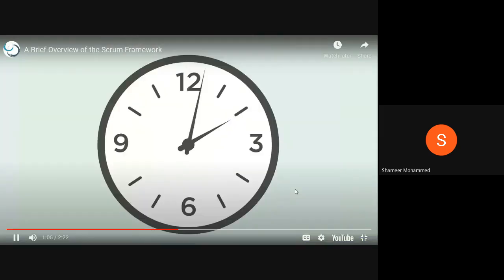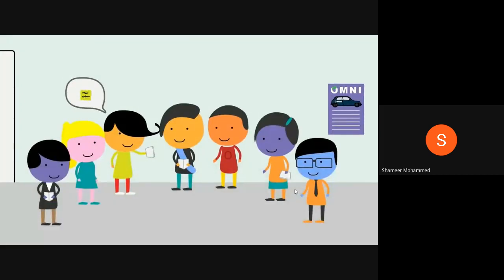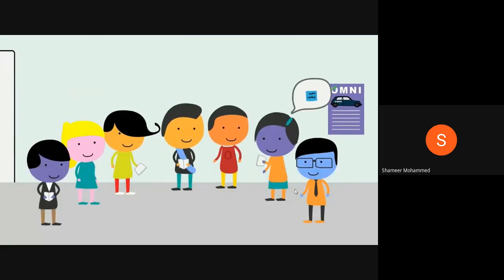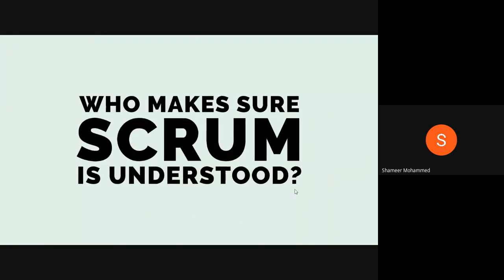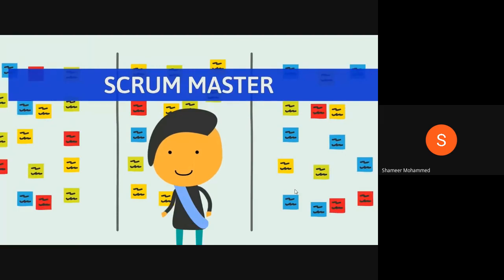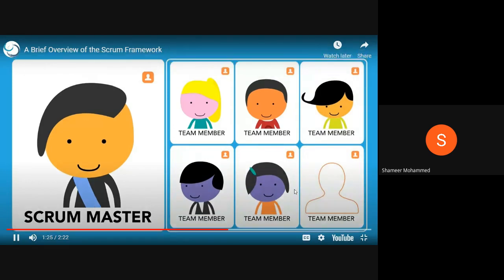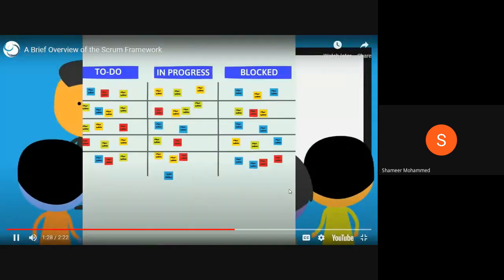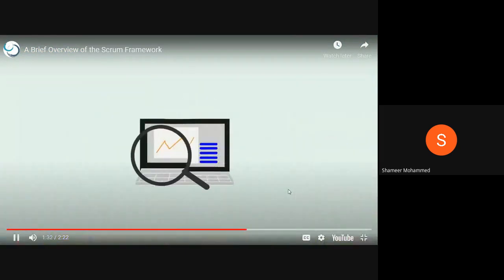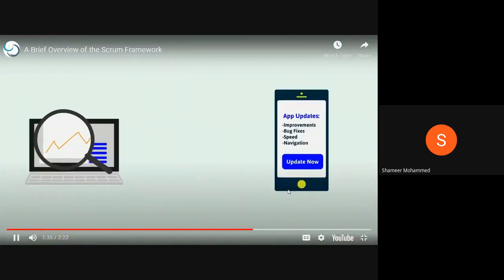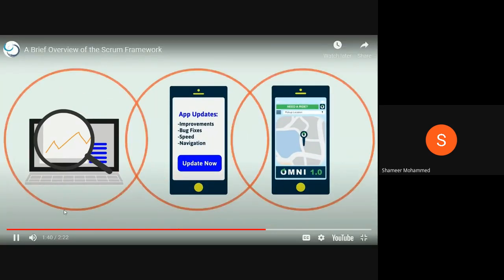Once a day, the development team meets for 15 minutes for the daily scrum to inspect and adapt their progress toward the sprint goal and to surface dependencies or impediments. So who makes sure that Scrum is understood and enacted? The Scrum Master. The Scrum Master is the servant leader of the Scrum team and helps everyone understand Scrum theory, practices, and rules. As the team works towards the sprint goal, the increment grows iteratively, allowing the team to inspect and adapt empirically based on progress. To improve transparency, the increment can be released continuously during